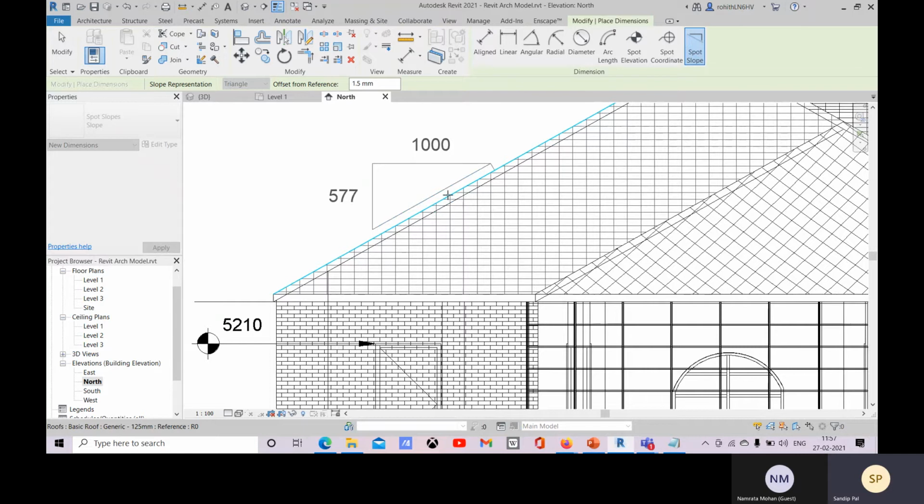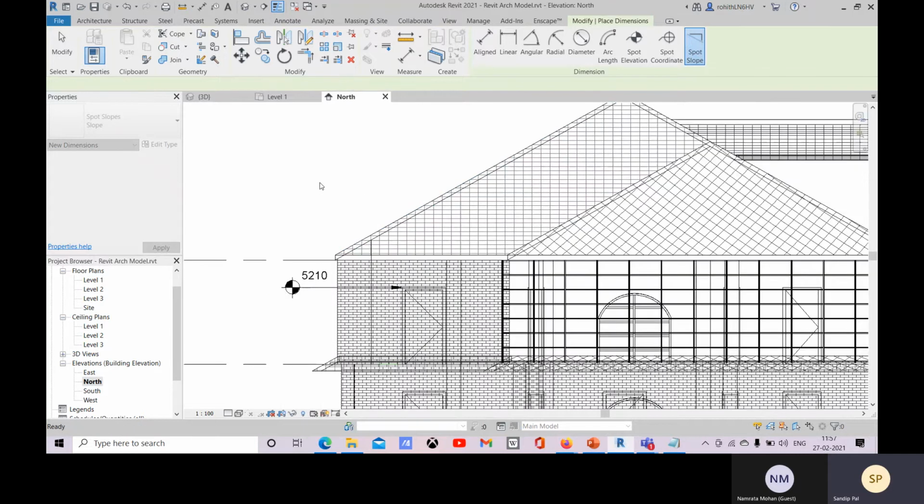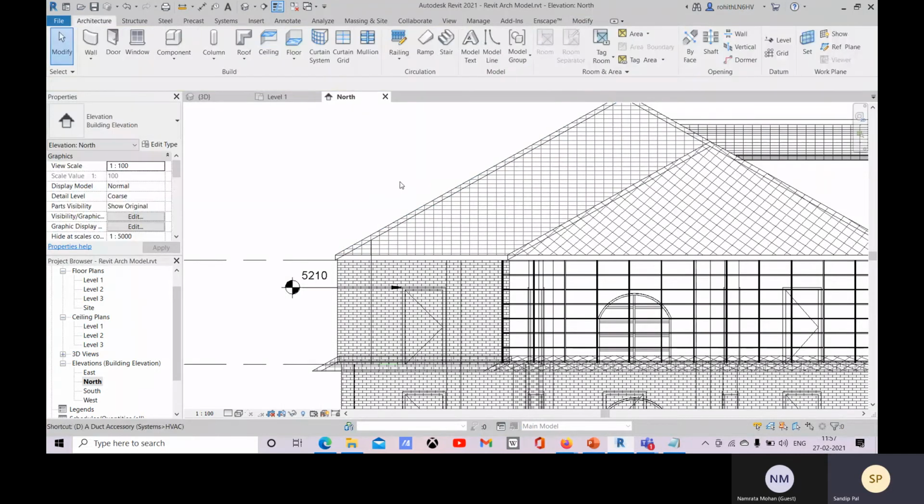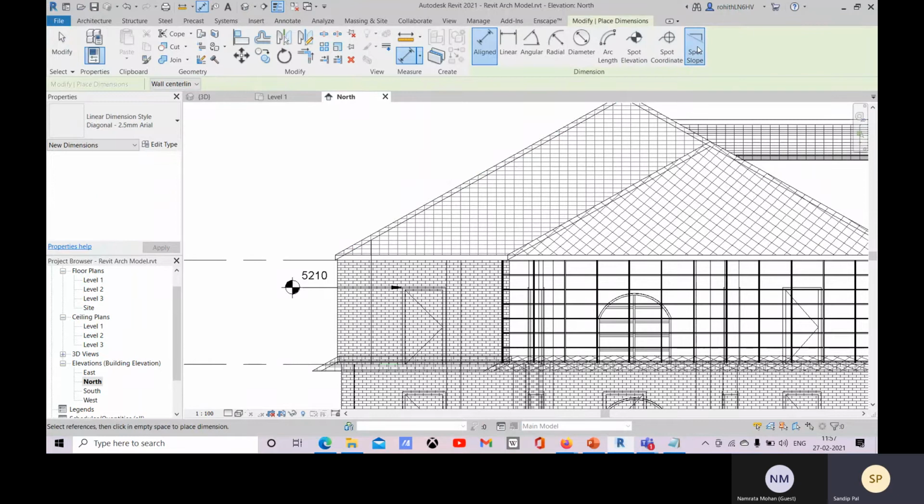So how much offset will be there, that you can change. Okay, so this is the spot slope, and then you select it, and where you want to place it, you click it, and it is placed.